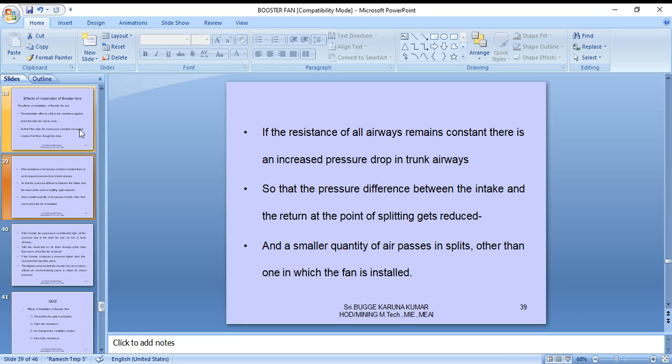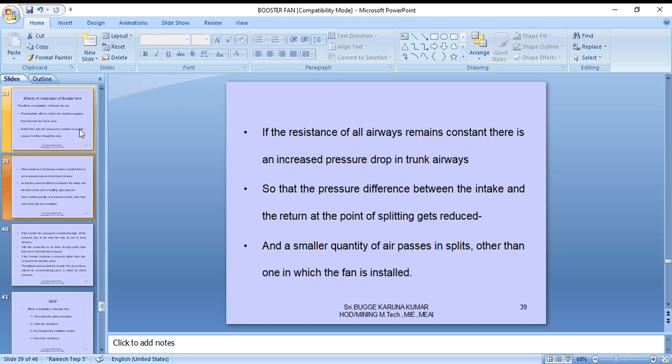If the resistance of all other areas remains constant,